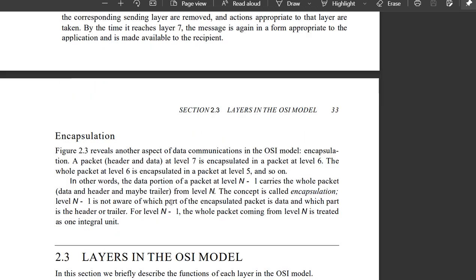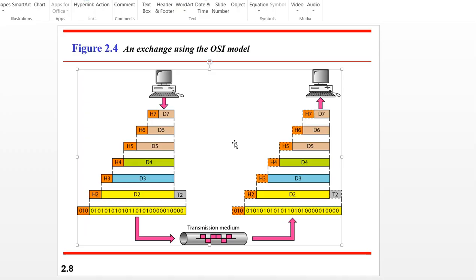It simply means that, if this is the figure, whatever data is coming from the sender to the receiver will basically be digital data from the computer. Once it reaches the lowest layer, called the physical layer, that data must be converted into the form of an electromagnetic signal, and that is converted into bit streams.